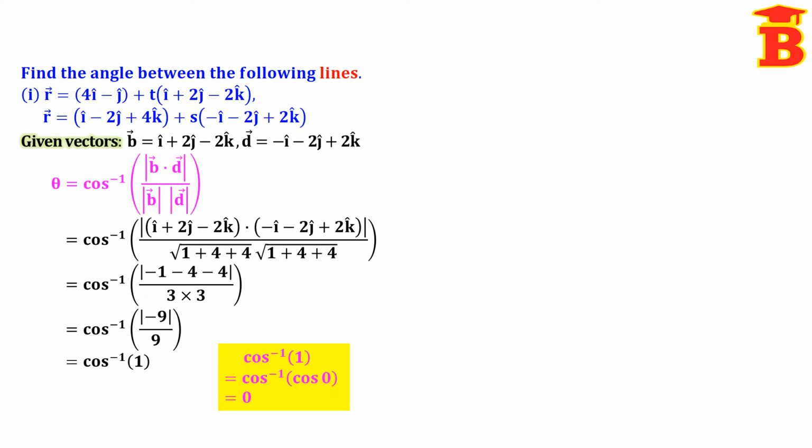That is equal to cos inverse of 1. This cos inverse of 1 is equal to cos inverse of cos 0. This 1 is cos 0. Now using the trigonometric inverse function formula, this cos inverse cos gets cancelled and so we get 0. So we know the angle for this number 1, that is cos 0 is 1, so we write 0. Therefore theta equal to 0.